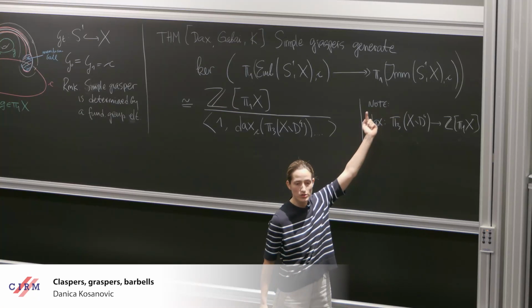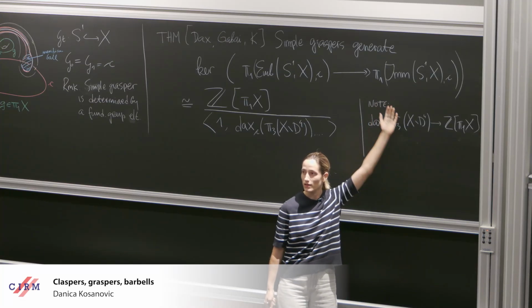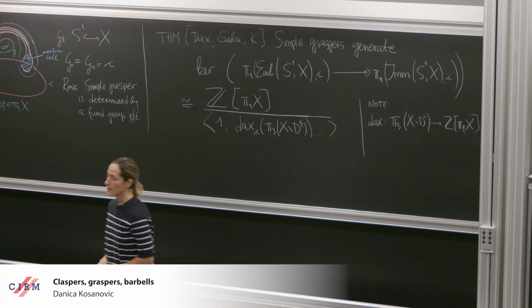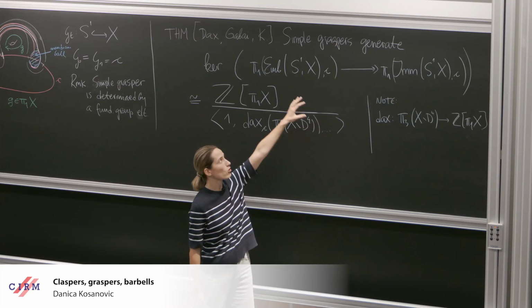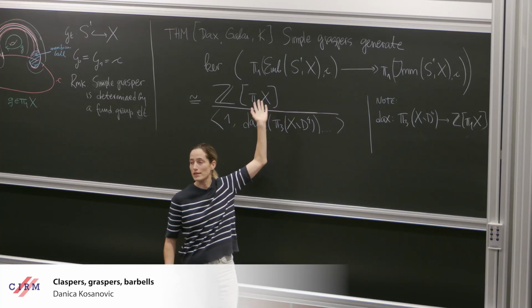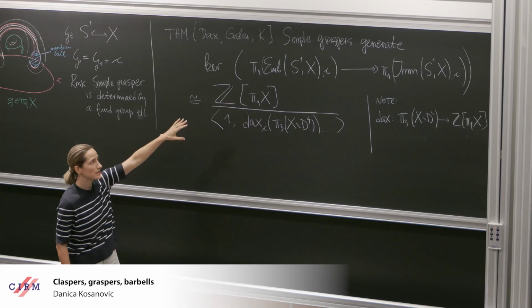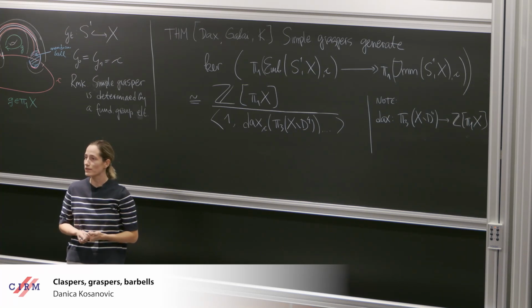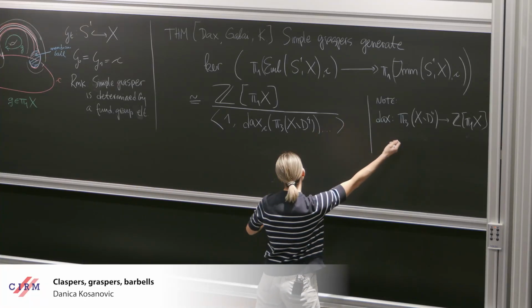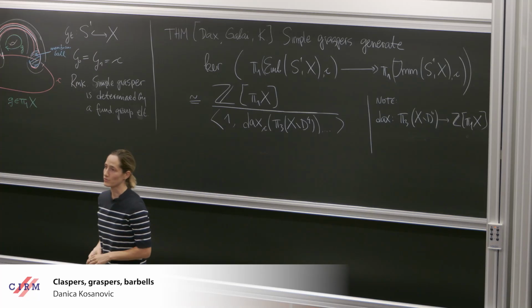If your 2-sphere is non-trivial in pi2, this is going to be visible here. It's visible in immersions that this class is non-trivial. But then you can do mixtures and who knows what. But the point is that you're never going to get anything apart from this and that combined here somehow in this short exact sequence. Another thing that I didn't say is that this doesn't split. So there might be non-trivial combinations of things that you can come up with, like combining a non-trivial 2-sphere and a non-trivial simple grasper. You can just think of more complicated graspers.